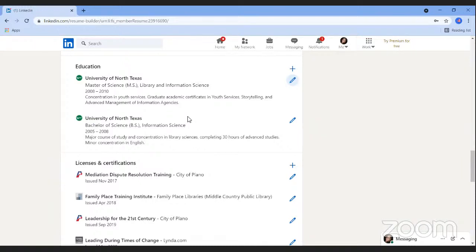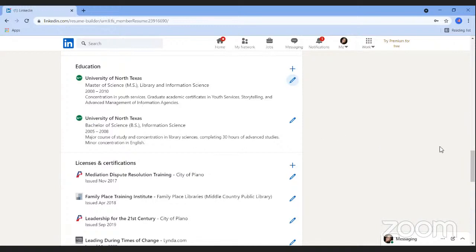Including your GPA is optional, especially if you've been out of school for a few years. You may want to include those awards, honors, certificates, or professional development that directly relate to the job as part of your education. But if you don't have a specific degree, it's okay to skip this section altogether and include other information in the following sections that might be a better fit for you.